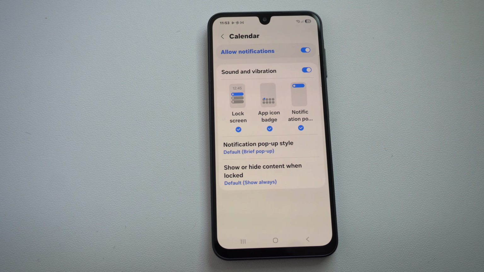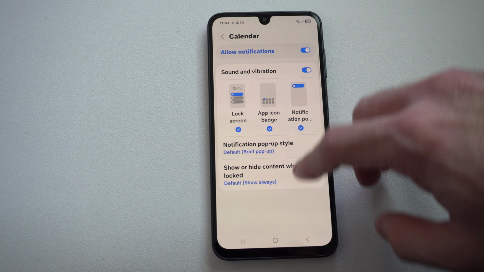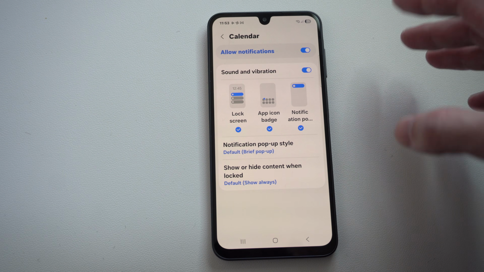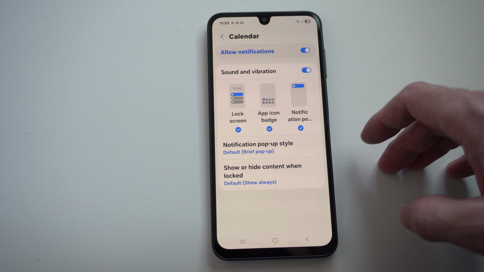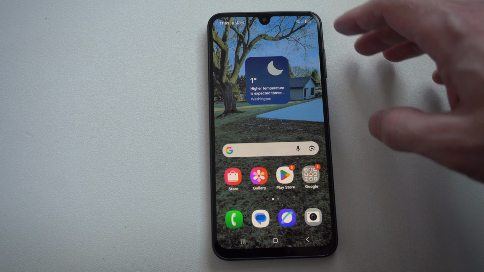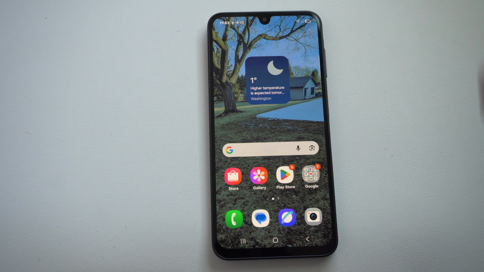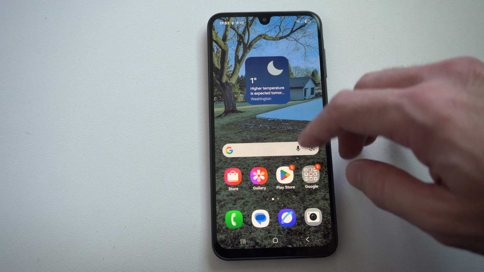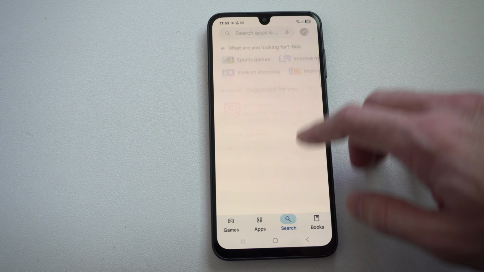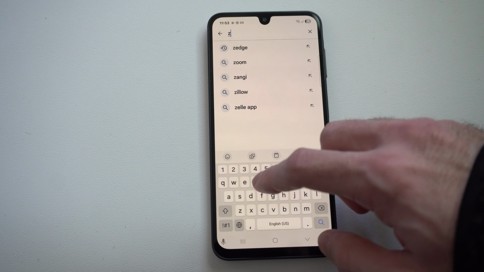Today in this video I'm going to show you how to add custom notification sounds on your Samsung phone. So what you want to do is get an application called Zedge, and this is great for any kind of notification sounds. If you want to get video games or music or something like that, go to the Google Play Store here, go to search, and type in Zedge, Z-E-D-G-E,